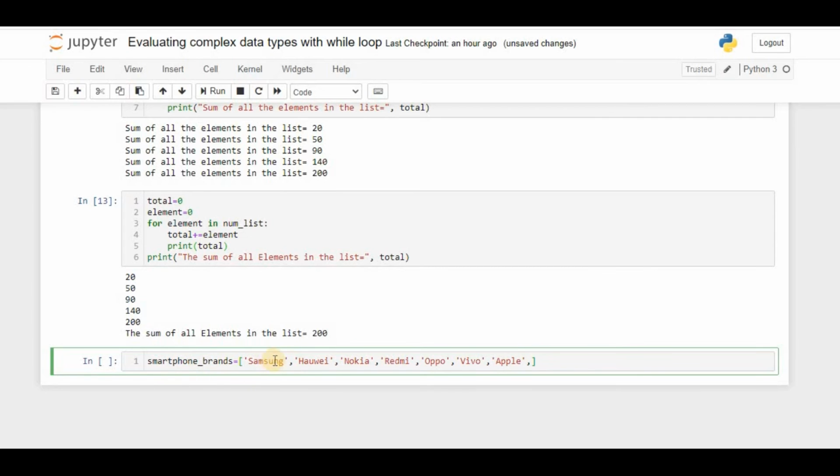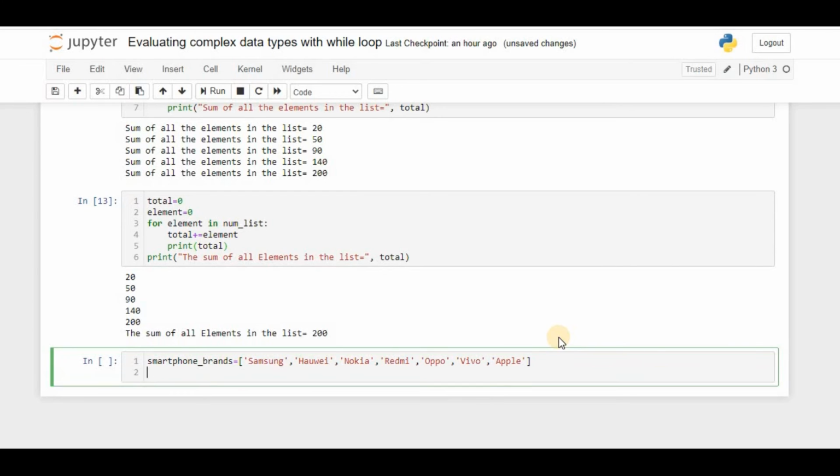How many brand names are given? 1, 2, 3, 4, 5, 6, 7. Okay, I just want to give only 7 names.